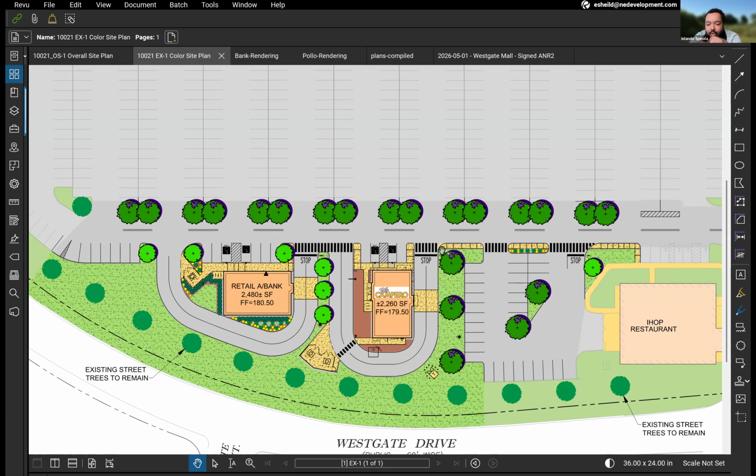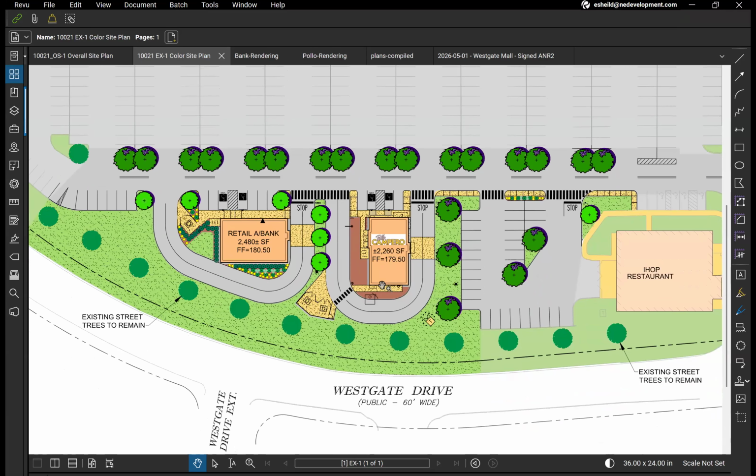I'm wondering, why not have any pedestrian accommodations on Westgate Drive? Currently, right now, there is no sidewalk network along Westgate Drive along this frontage. We also have a grade differential. The elevation of Westgate Drive is about 5 feet higher than the grade of where these two building pads are. So from an elevation perspective, and also to be sensitive to ADA design guidelines,